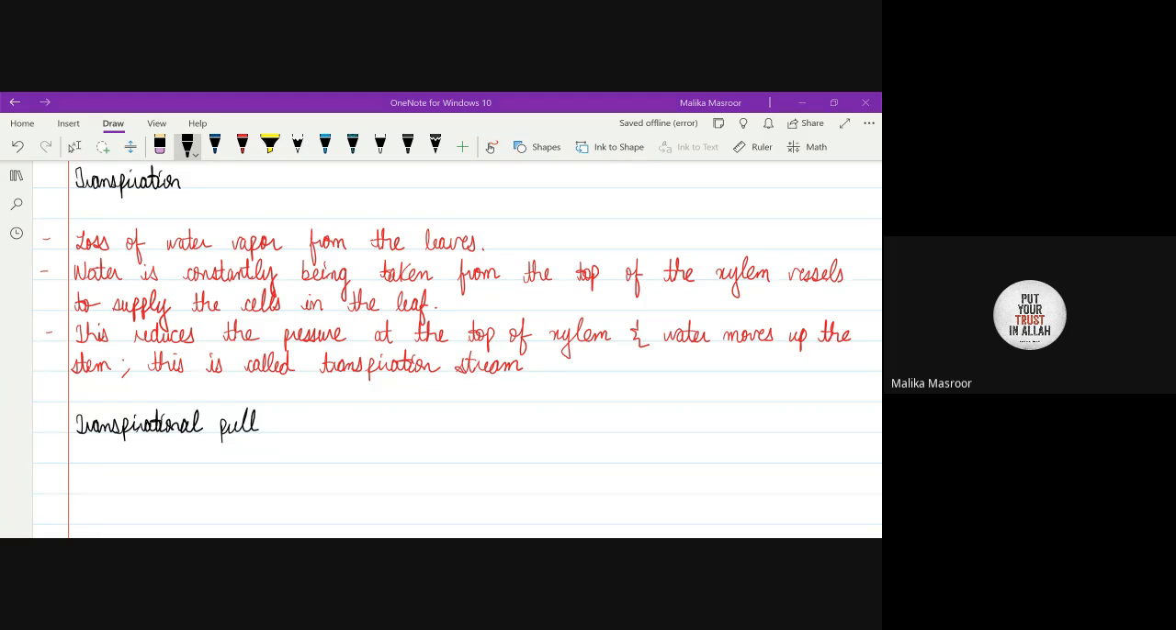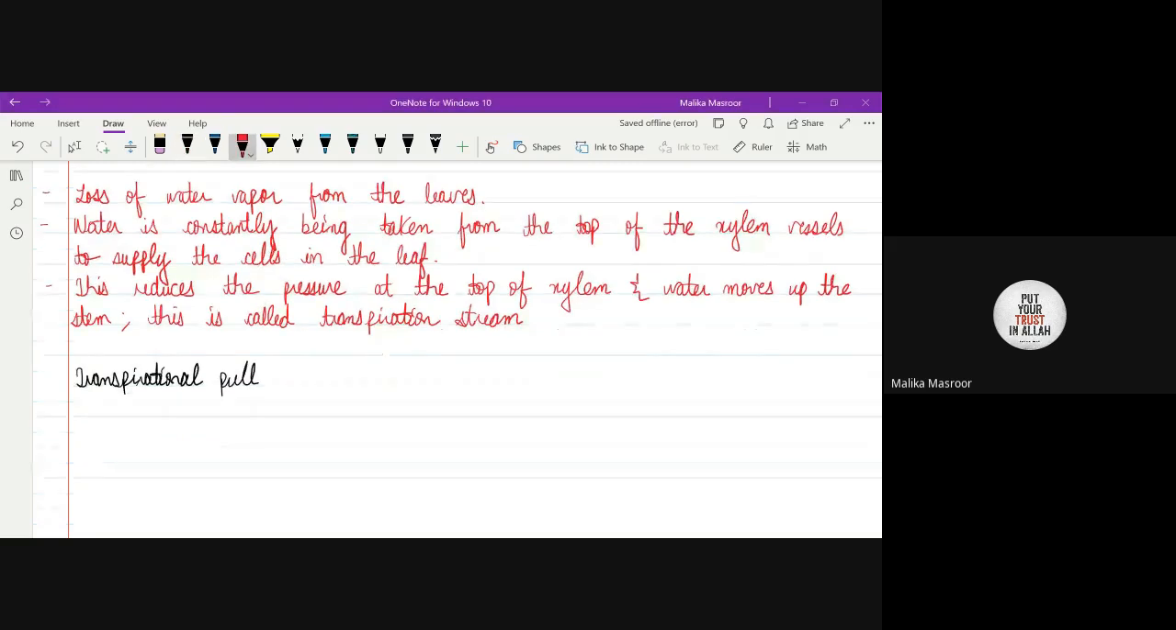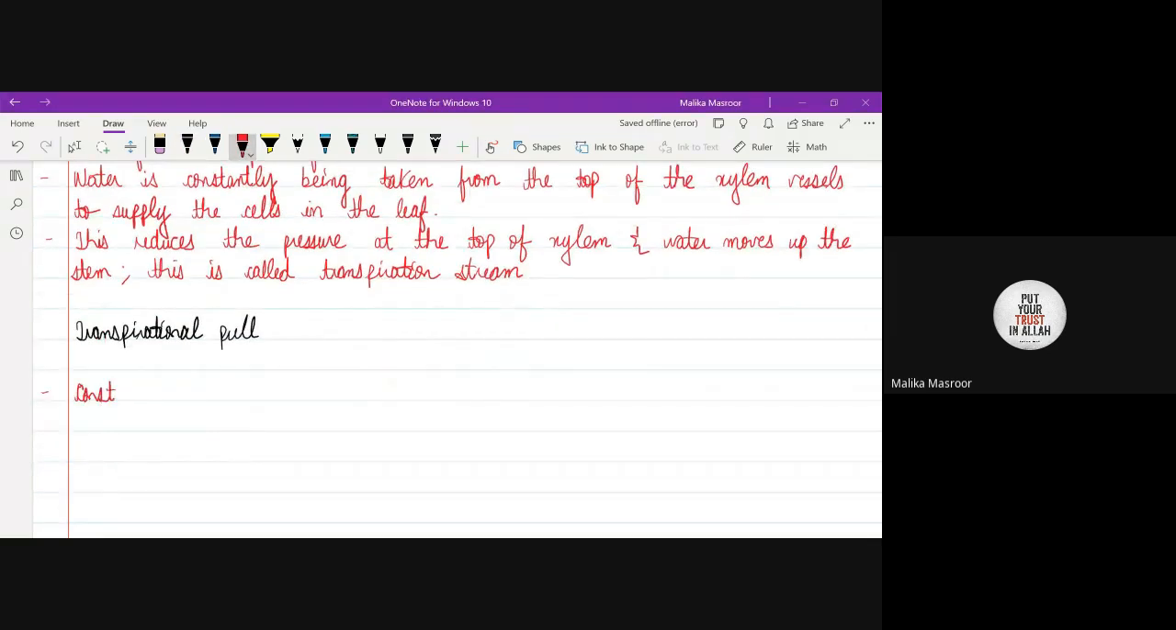So this constant movement of water from xylem through the mesophyll cells,